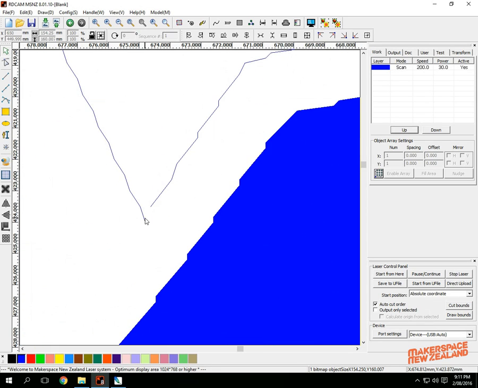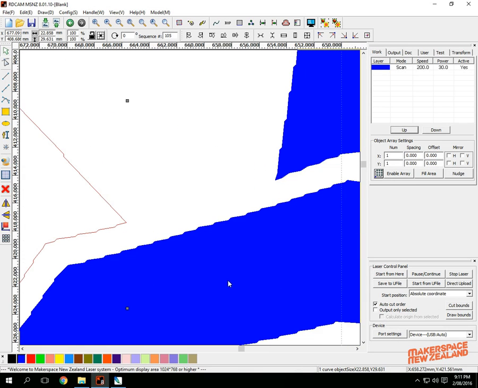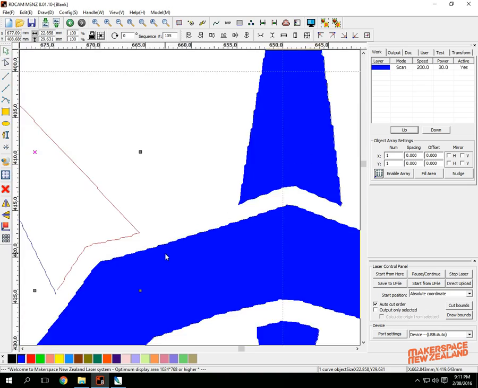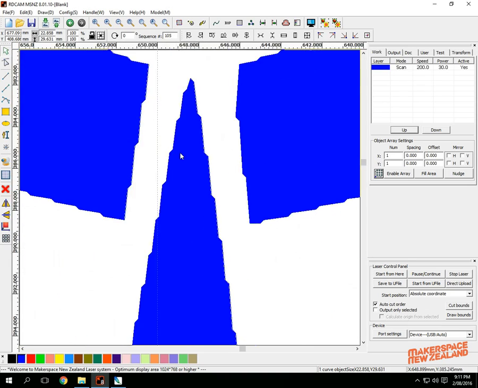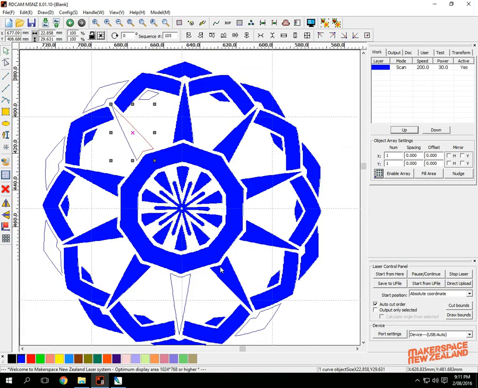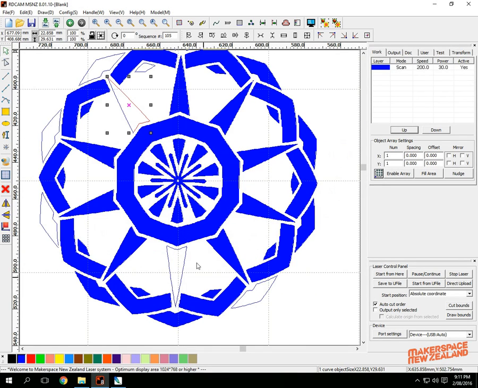So you can see here it hasn't quite finished the shape, and you can still see the pixels here. They're a little bit better, not quite as blocky, but it's still quite rough. So I would recommend that if you want to do something like this, generally you'll want to either work with